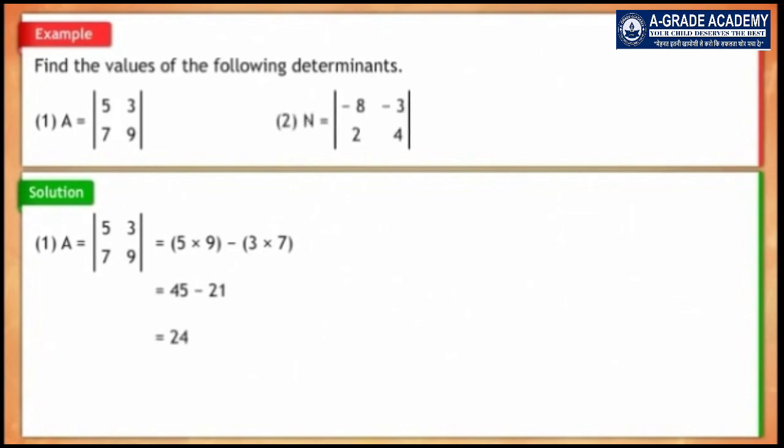2. Determinant N is equal to minus 8, minus 3, 2, 4. Solution: determinant N is equal to minus 8, minus 3, 2, 4, which is equal to square bracket open minus 8 in brackets into 4 square bracket closed minus square bracket open minus 3 in brackets into 2 square bracket closed,